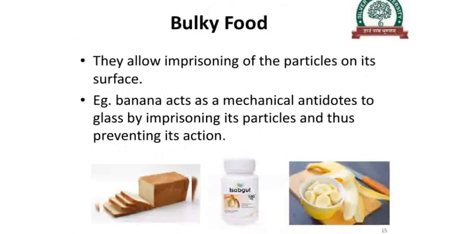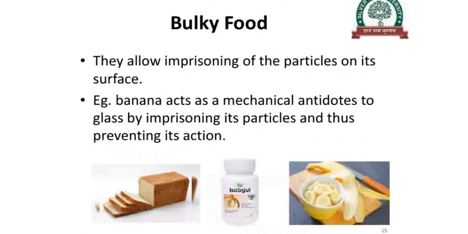The third physical antidote is bulky food, consumption of bulky food. Examples are a lot of bread, isabgol, banana, which are bulky in nature. It will swell up in our body organs, and act as a mechanical antidote to imprison, to form a coat around the particles of the poison, and thereby create a barrier, and it will be excreted out from the